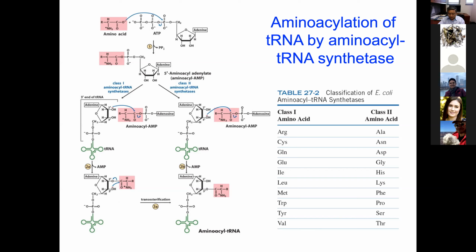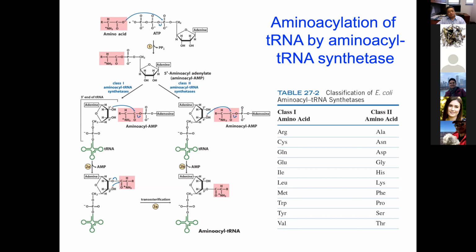Dr. Lee, I do have a few questions. So in the beginning, the amino acid is binding to the ATP, correct? Yes, it is coupled to the alpha phosphate from this phosphodiester bond. Okay, and then it's going to form that aminoacyl AMP? Yes. Okay, so then that will go and bind to the tRNA, correct? No, then it will bind to the enzyme, and then the amino acid will be transferred to the tRNA.